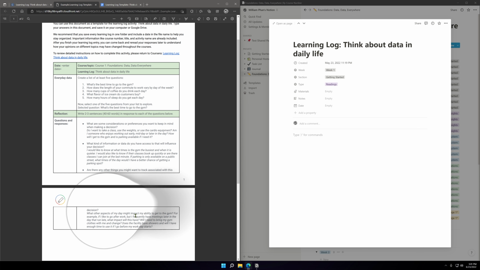For example, if I like to go after work, but I frequently have meetings later in the day that run late, what impact will this have? Will I need to bring my gym clothes with me and change? Does the facility have showers, and will I have enough time to use it if I go before my workday starts?